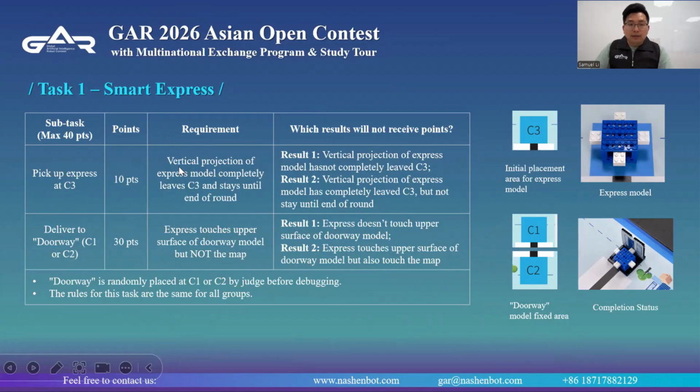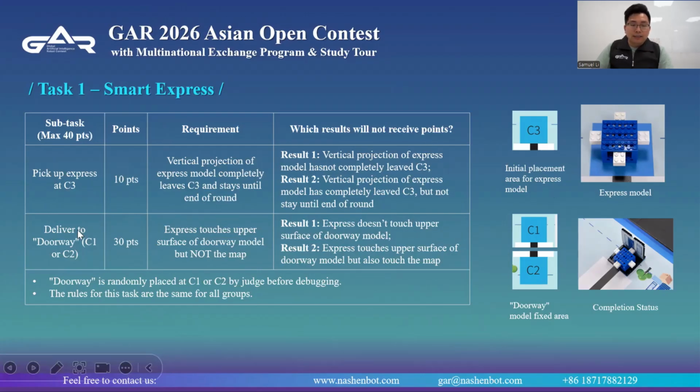It requires that the vertical projection of the express model completely leaves the C3 area and stays out until the end of the run. That means the express model must completely leave this area and stay out till the end of the run.